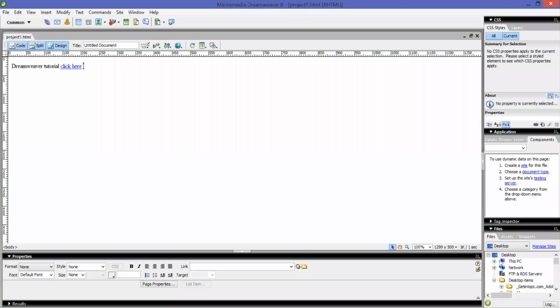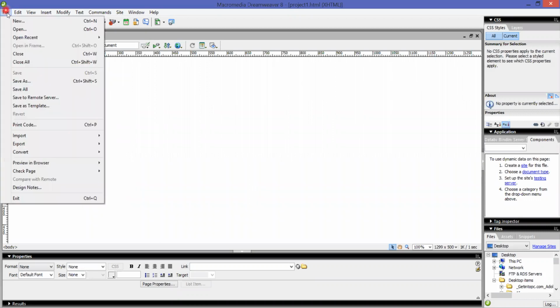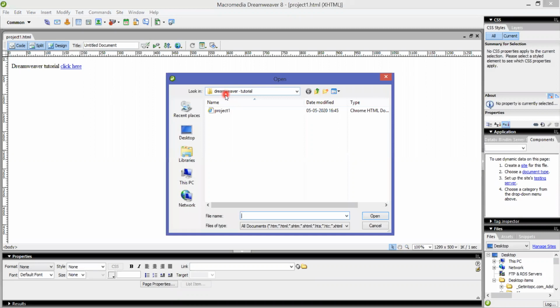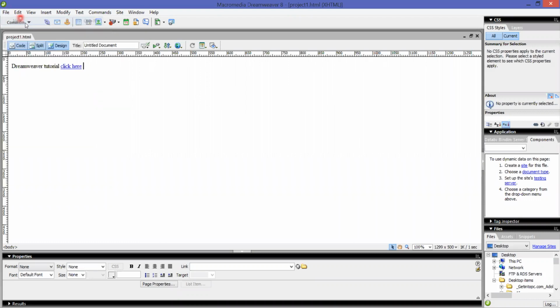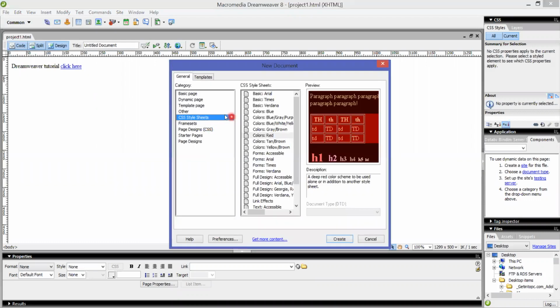The next thing I'm going to do is link it to another web page. I can also create the web page on my own, and then I can link it over here. For that, go to file, then open. In that, you create a new document. File, new. It is an untitled document.